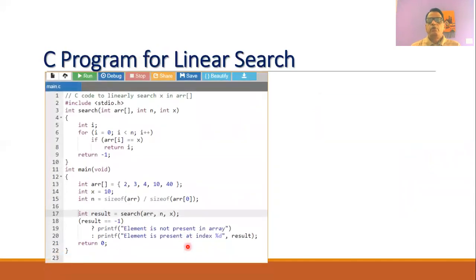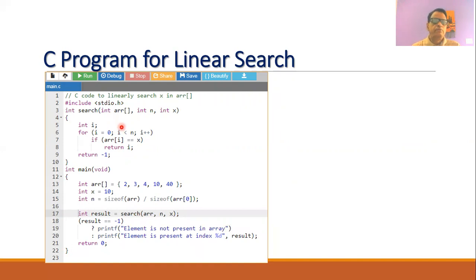Now it is possible to write a simple C program to perform the linear search. Suppose this is the C program, and here we have written a function search where the arguments are array, integer n, and integer x. Initially we declare the integer I, and then in the for loop we make the initial value of I equal to 0.